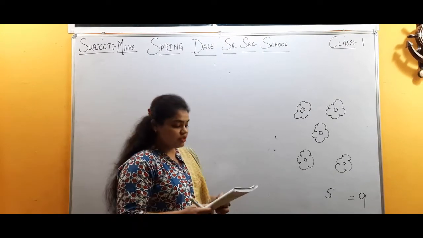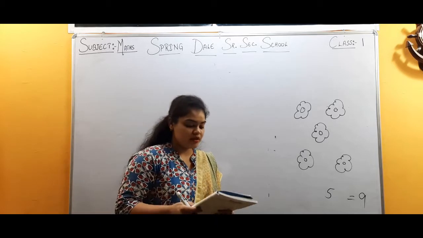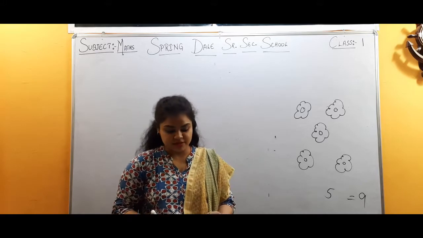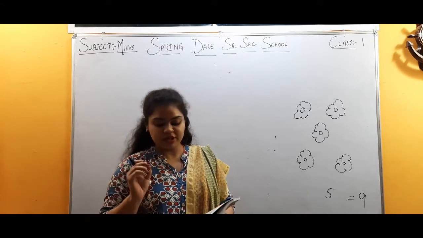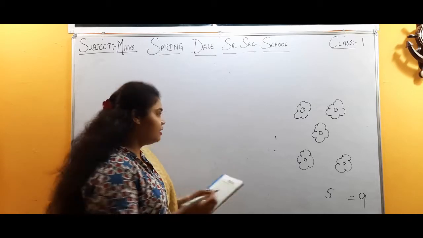Okay children, we have the question number 2. Write the correct numbers in the circle. हमें इसमें क्या करना है? We are having the numbers. Okay. First question is done for us. Second we have to do. तो इसमें क्या नंबर दिया है?